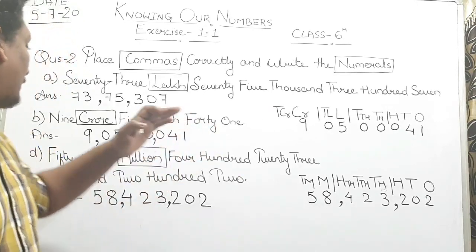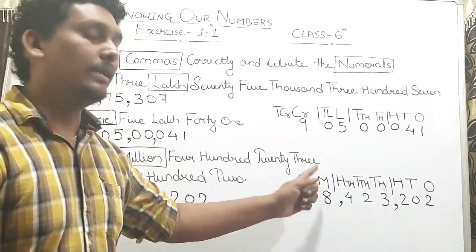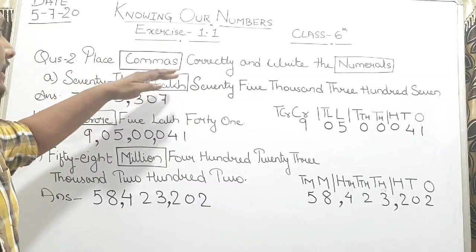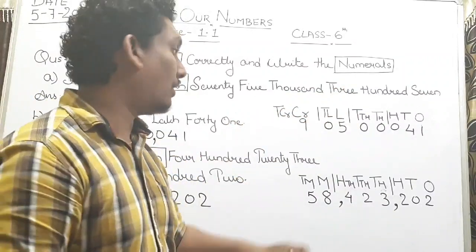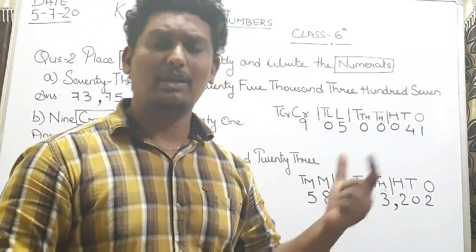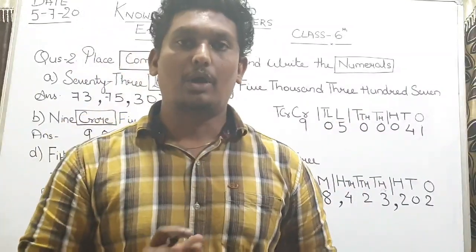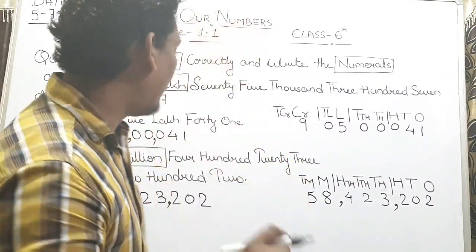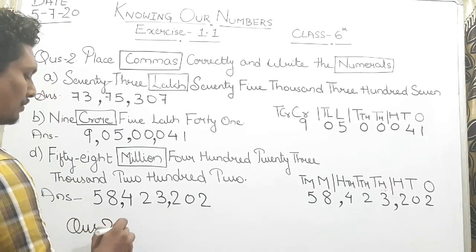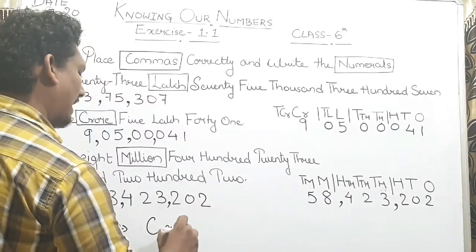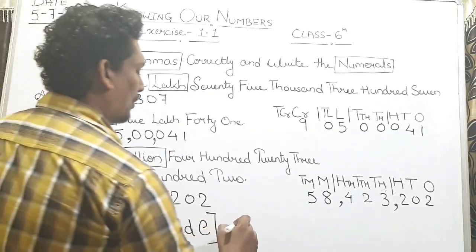Okay, so this is the way to write numbers in international system and Indian system. It is very easy. First you just write the place value with the help of a pencil. Roughly you can write it, just below, put the number. That will be very clear to you, how to write the numbers. Okay, and I have not done question number 2, C and E. So these 2 questions are homework.